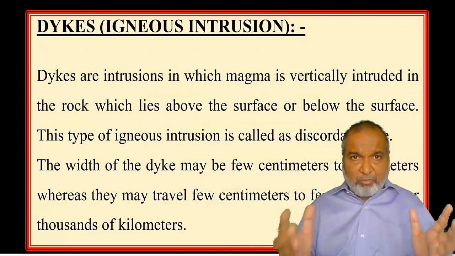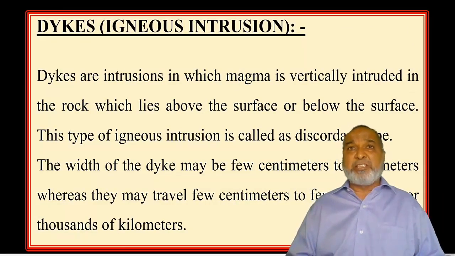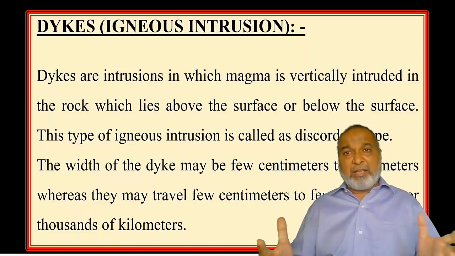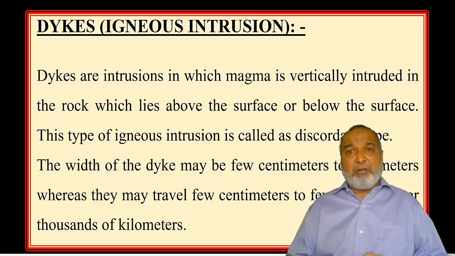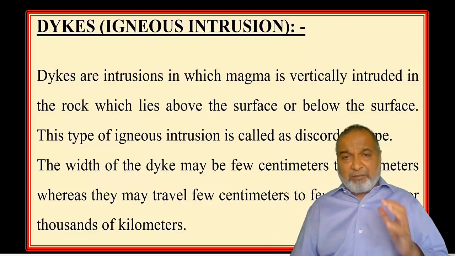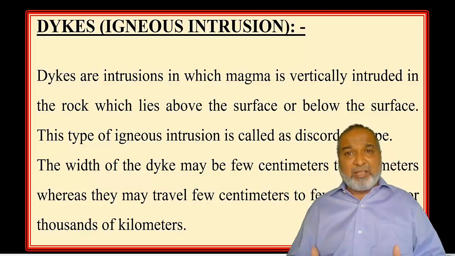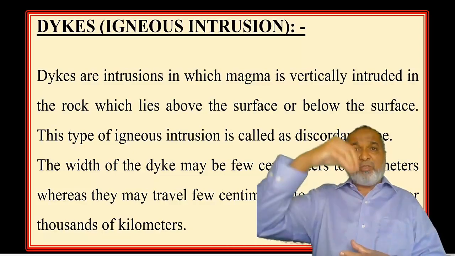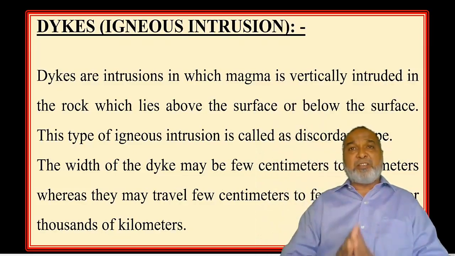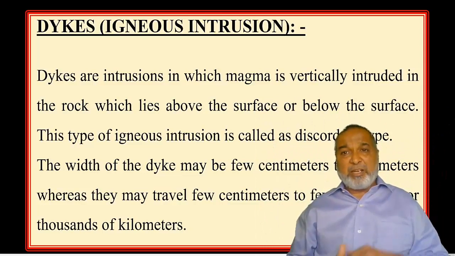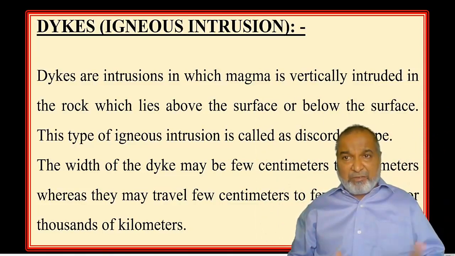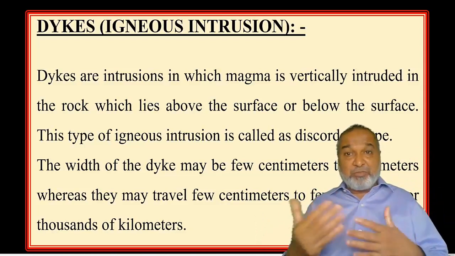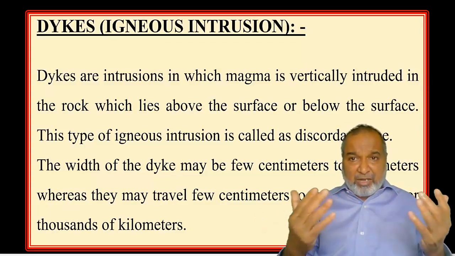Next structural model we are going to have is the igneous intrusion. Whatever the magma, what is a magma? A molten material. Yes, what is a molten material? Pyroclastic molten material which is present below the surface or at a greater depth. That particular liquid will be called magma. Once this magma comes on the surface through a pipe-like structure and through a volcano, the magma has been erupted, then the liquid comes on the surface, and it is called lava. So these two terms are very, very important, magma and lava.